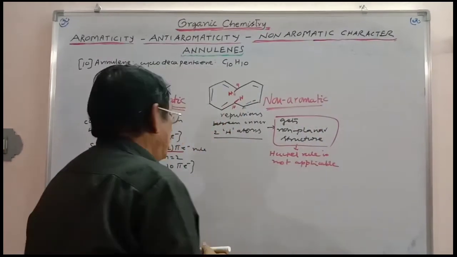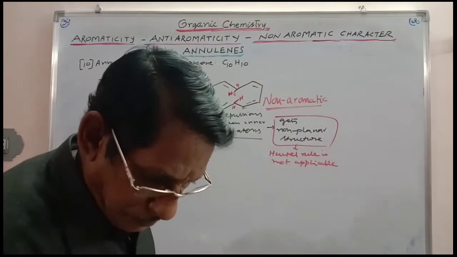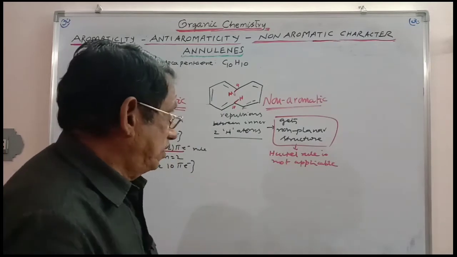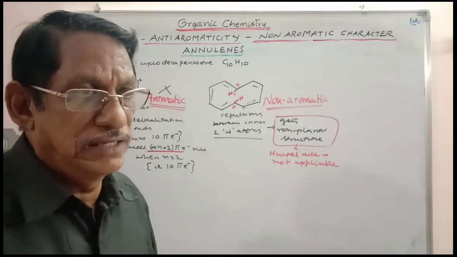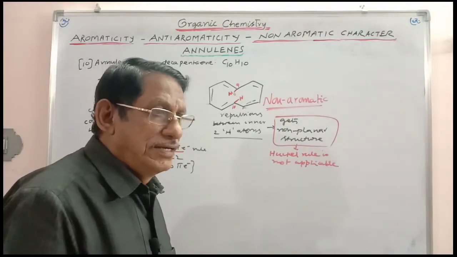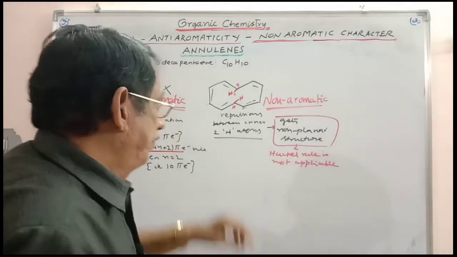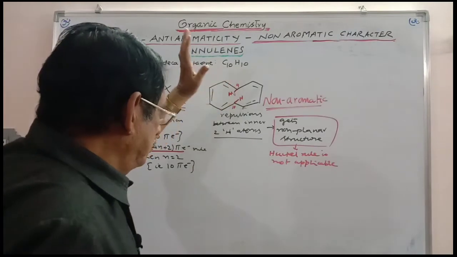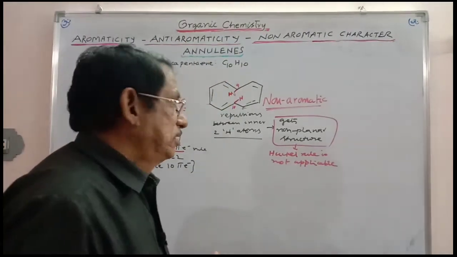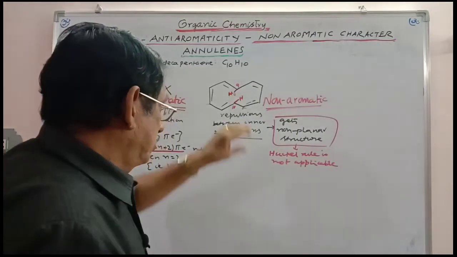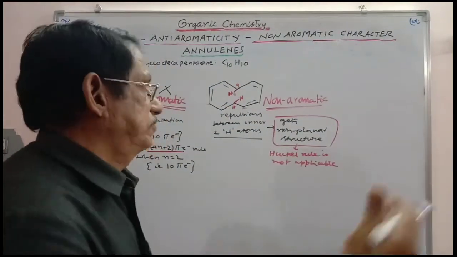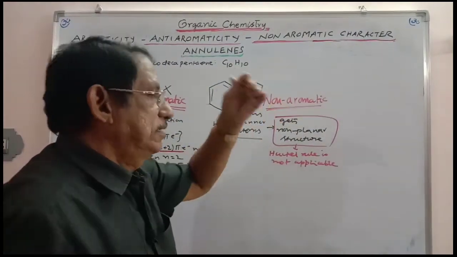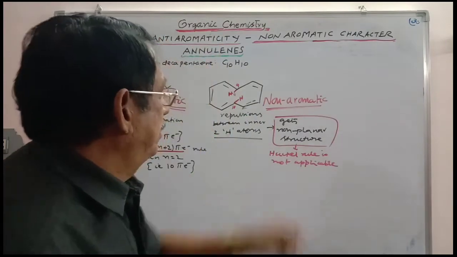In spite of its having the aromatic character, it is converted into non-aromatic character because due to the repulsions between the hydrogens, the planar structure is not maintained there. It is converted into non-planar structure. The two bridge hydrogens at the 9-10 carbons are repulsive, getting repulsed more and more, as a result of which these two carbons will be thrown away one from the other. Planarity is lost. And so it is getting non-aromatic character. Okay.